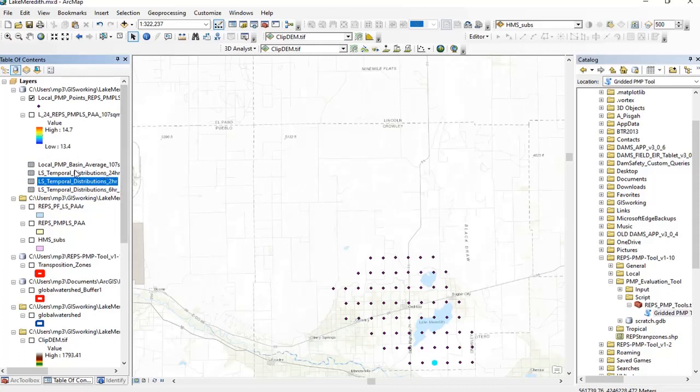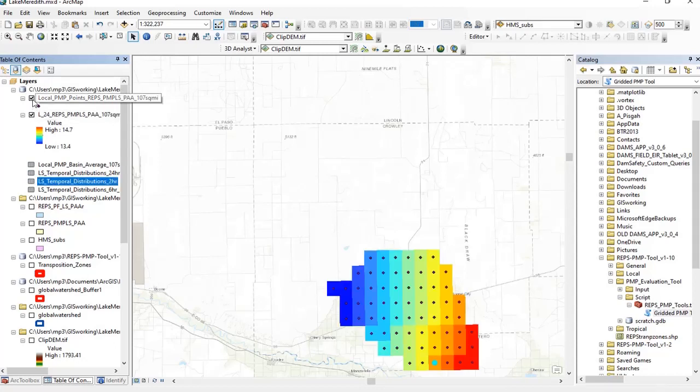Then I'll go ahead and export this basin average shapefile and the point shapefile. In the next section, we're going to talk about some reporting, and we'll want to put those in the reports. And we actually want to print a map of the local storm PMP as well, just to show the spatial variation. Okay, and then the next step for the REPS PMP tool would be